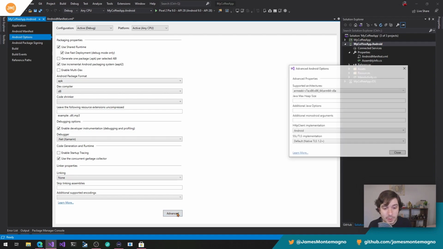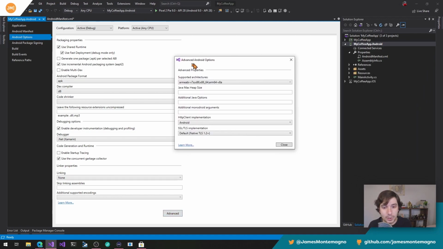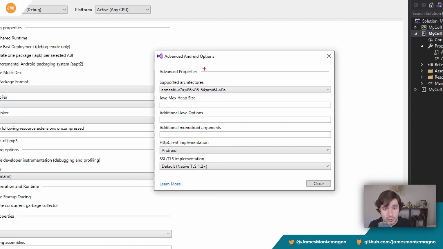There is this advanced button here. This advanced button will bring up this screen. And again, you can mostly leave the defaults here for debug. Supported architectures that we see here are important. The Android emulators are x86, so you will definitely want to add those on there. There's also ARM 64-bit support that you can have. That's one thing that you'll want to have, and it's required if you ship your application to Google Play. All of these other ones you can mostly ignore.